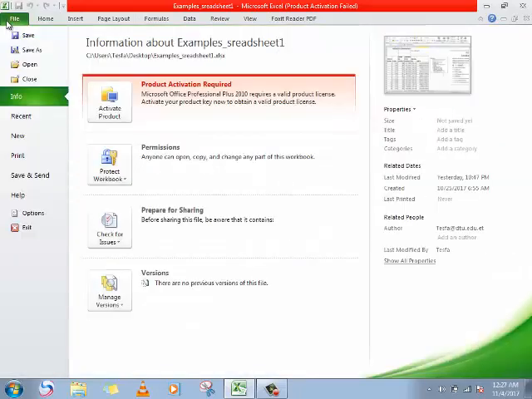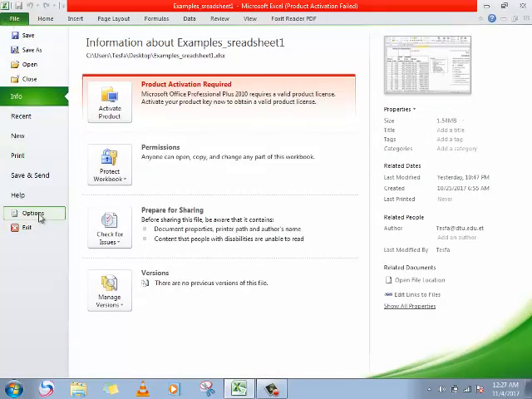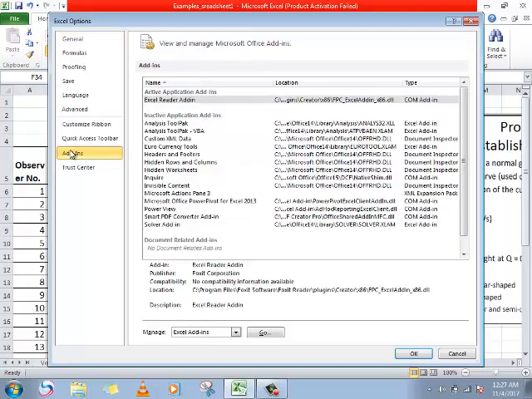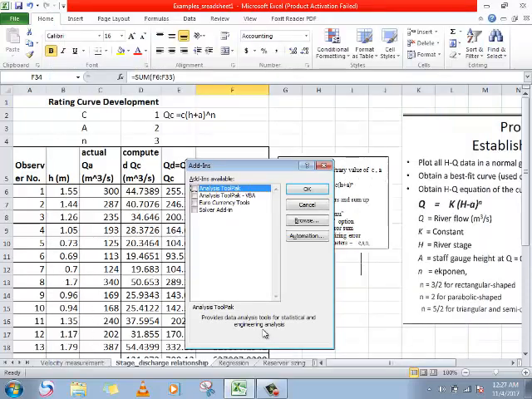File, then options, then add-ins. If you click on add-ins, this will be displayed like this. Excel add-ins. You can say go. Here, click on go.